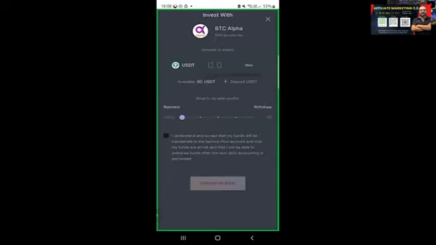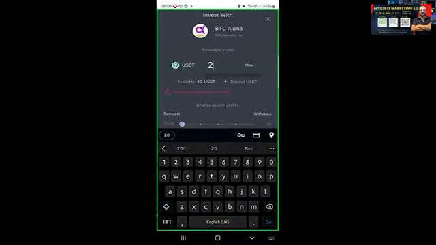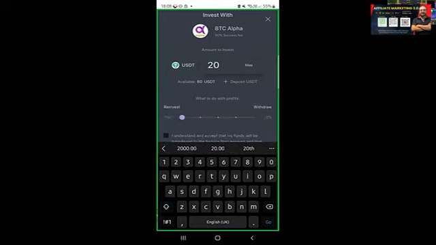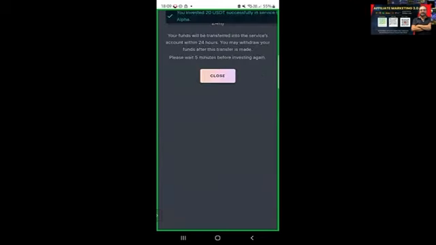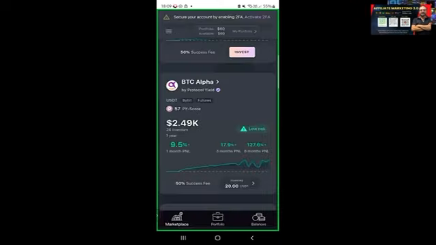So let's try to invest with BTC Alpha. Okay, let's do 20 again. And then I'm going to reinvest everything. And then transfer now. Very simple, very straightforward. You don't have to worry about how I'm going to do it. Is it very hard? I'm not techy. This is very user friendly, as you can see, even on a mobile phone, even on a laptop,